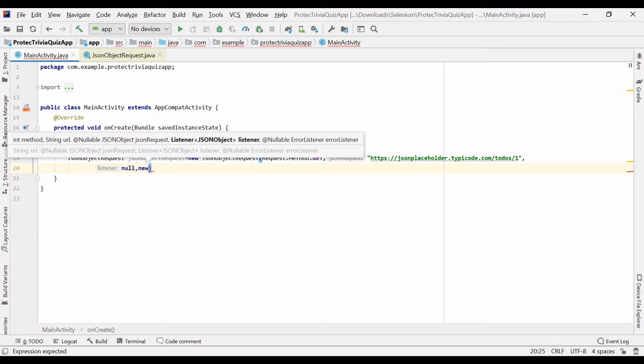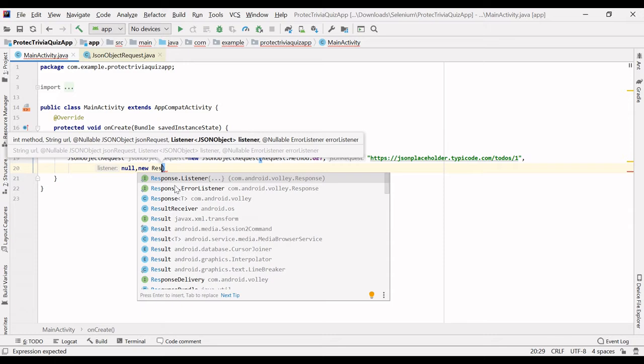The third and fourth ones are our listeners. So just type new Response.Listener. These are the two listeners that we have to implement.